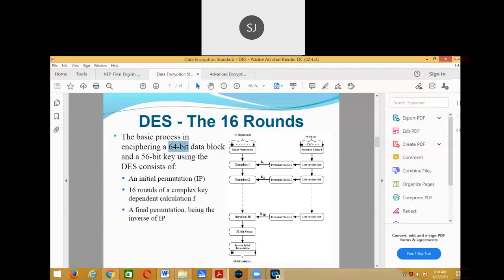Externally, the key that is taken is 56 bits. The 56-bit input key is subjected to a permutation, which means the bit positions are changed. For example, the first bit is moved to the 40th bit, the second bit may be moved to the 50th bit, and so on. That is what we call permuted choice.